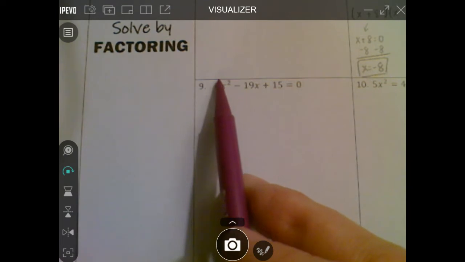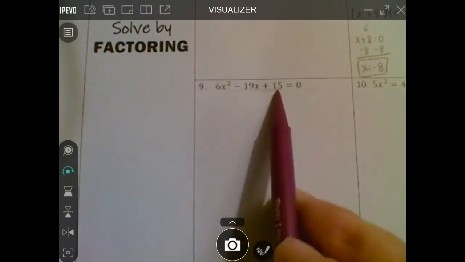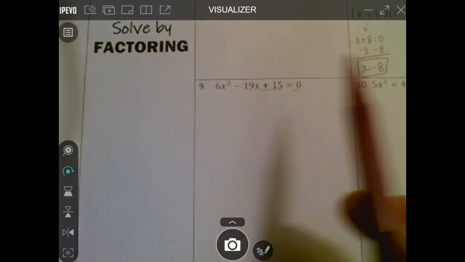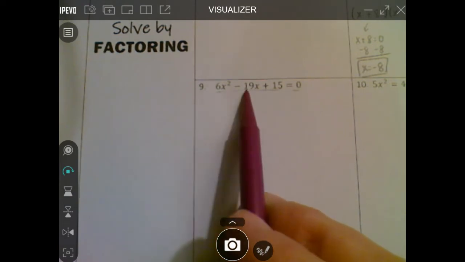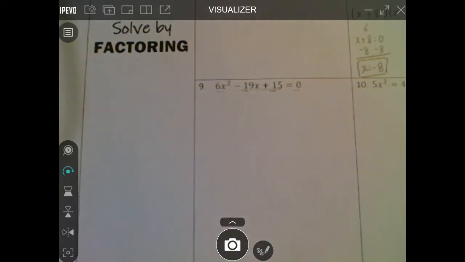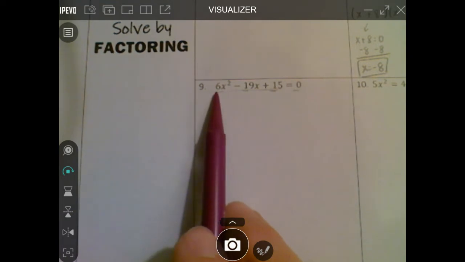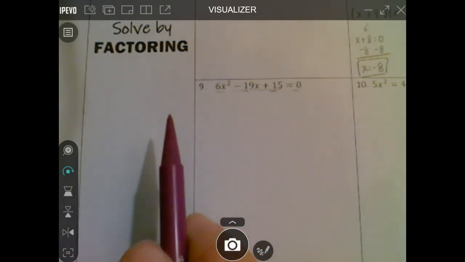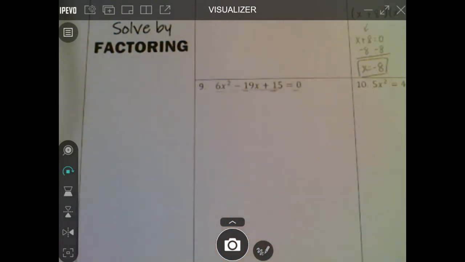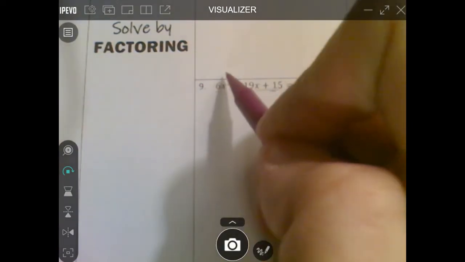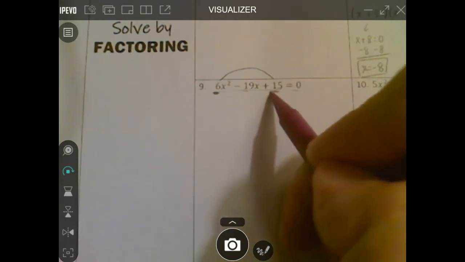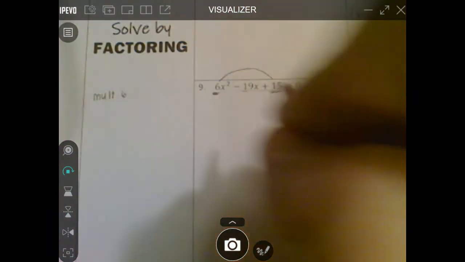So the first thing that you want to do, again, is make sure all of our terms are on one side with one side equals 0. If that's happening, I'm going to check to see if there's a GCF here, which actually it doesn't look like, because I don't have any numbers that divide into all three of these evenly. So if I don't have a GCF, I'm going to multiply the number that's in front of the x squared times the constant. So I'm multiplying 6 times 15,